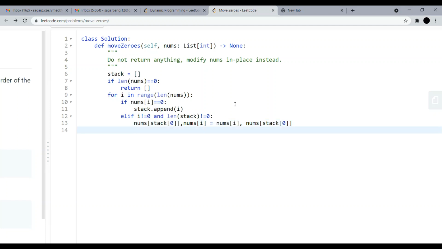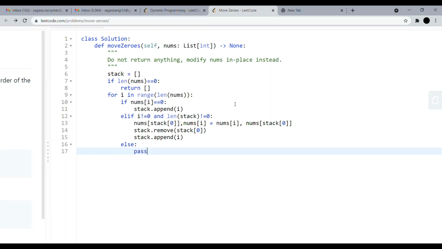Now I already replaced, so I'll remove the stack of 0 index from the stack, and I'll add the new index to the stack. Yeah, that's it. Now else, don't do anything.